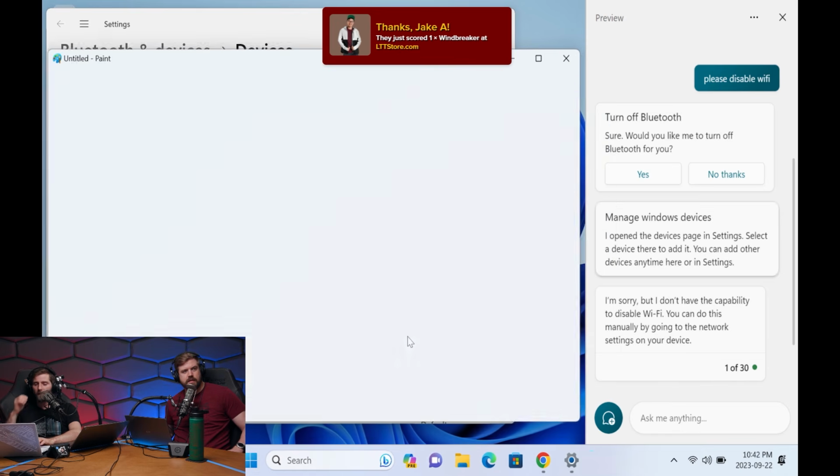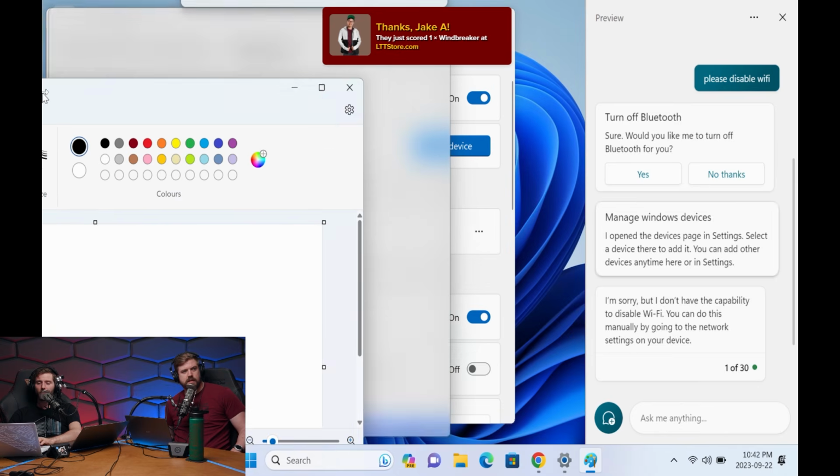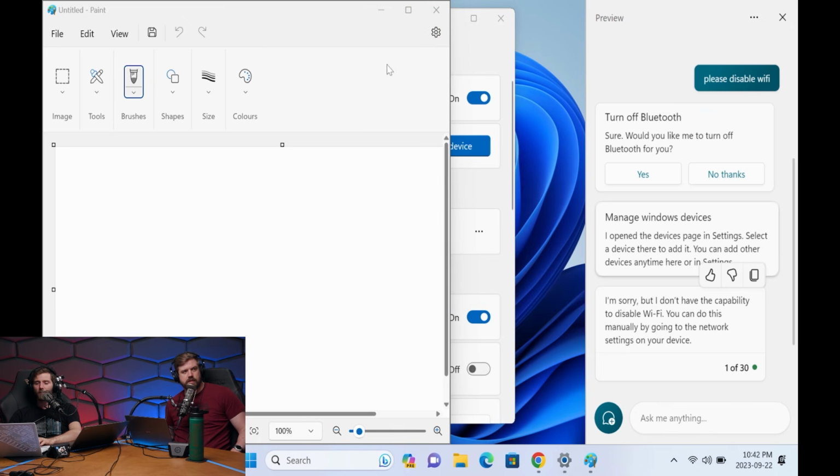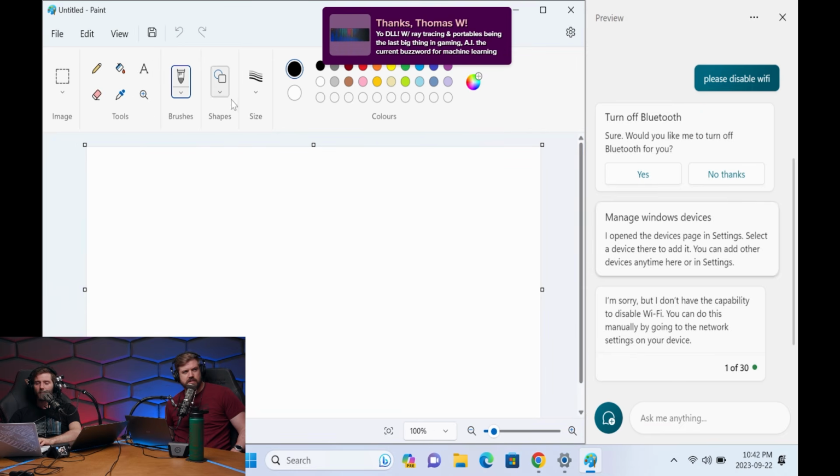I mean, isn't there new Paint that has transparency now? That's kind of big news. Why are we not talking about that on Wine Show? Yeah, I don't know. I forgot about it. There's a lot of cool things in new Paint. Is this new Paint? I don't know. I don't think so. I mean...